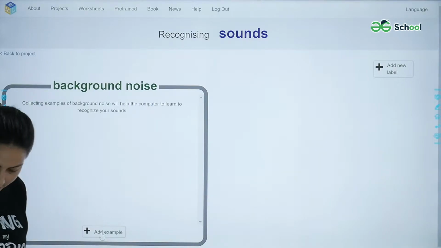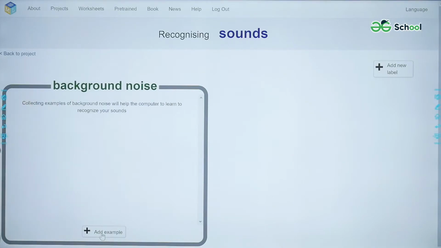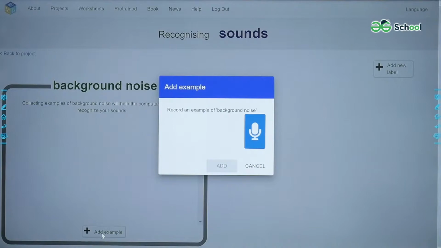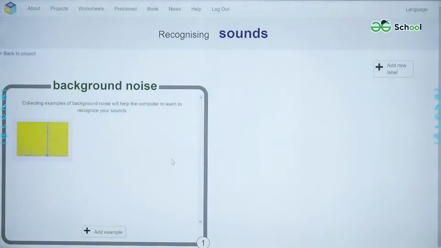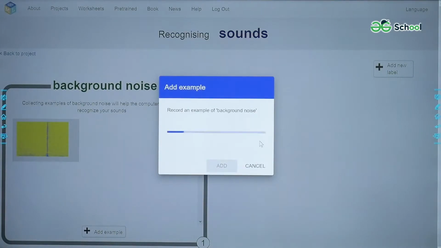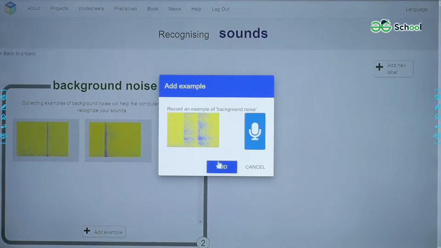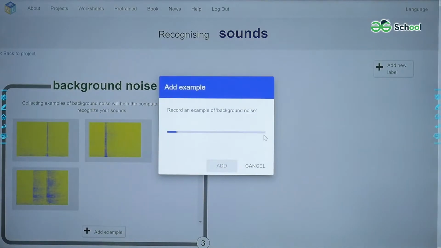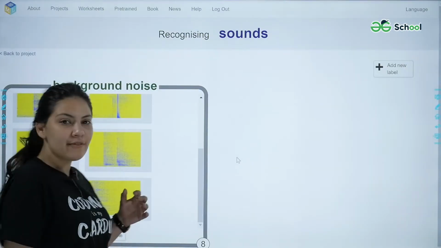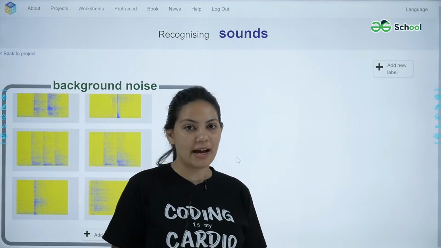You can add any noise that you think would be background noise. So record an example from here. Okay, so I have added some examples of background noises.